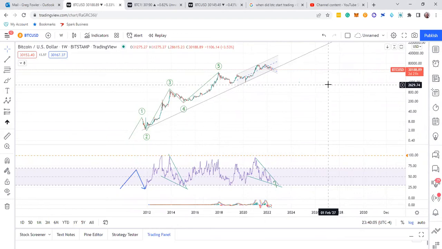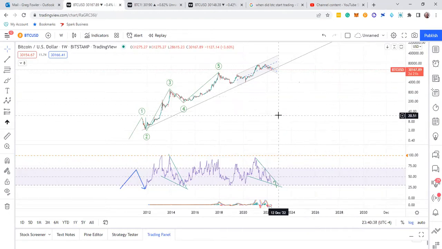I wanted to go over a couple options because a follower wanted me to do this, and I wanted to do this too because I need a couple options of what I think is going on with Bitcoin here in the more or less short term. What I mean by short term would be 60 days, 90 days ish in that area, maybe 120. Can't really give you a time. It's very hard to predict that, but that's kind of what I'm looking at. About 2.5 months to 4 months from now.